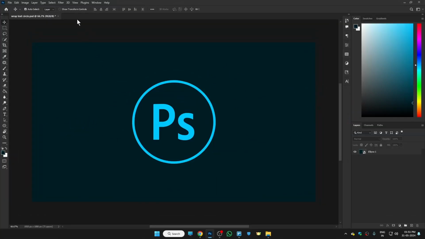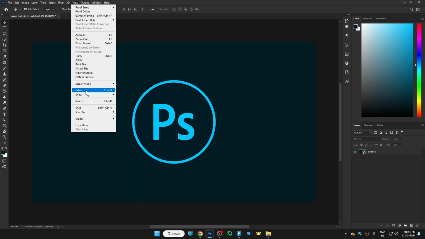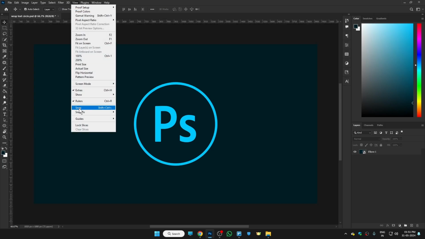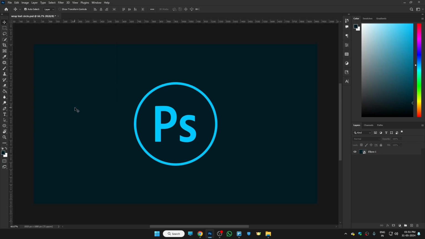Now first of all, go to View, then click on Extras, then again go to View. Now this time we are going to click on Rulers, and again go to View and click on Snap. So these three options we have to click on. Once you have done that, you can easily get some lines, and with the help of these lines we can decide